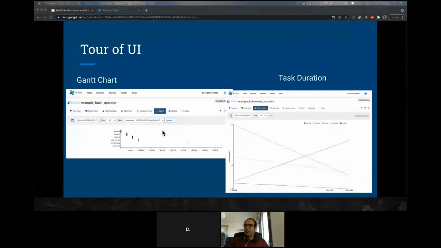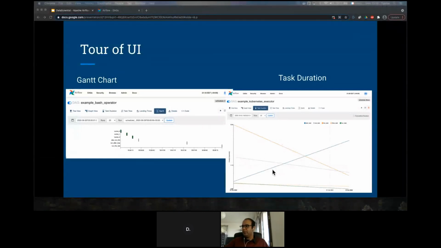You also have the Gantt chart. So Gantt chart is quite useful. You can see like the dependencies or how much time each task is taking to run. For example, if there is a lot of time between them, you can say, okay, the task is waiting or is in the queue or is being scheduled, but it is not running. So this could also be used for monitoring your infra and to improve the infra to reduce the wait time between two different tasks.